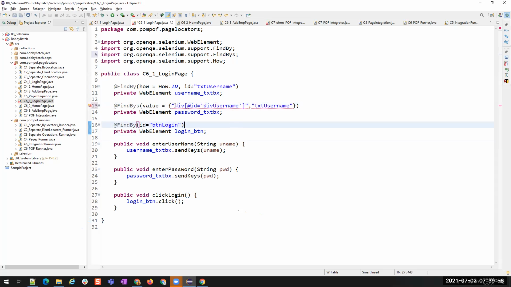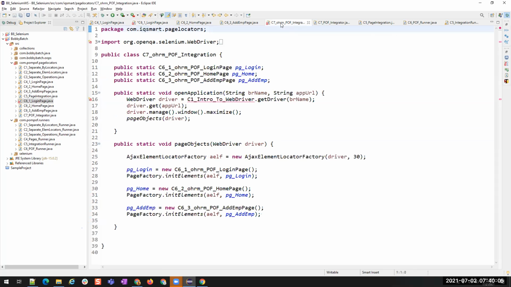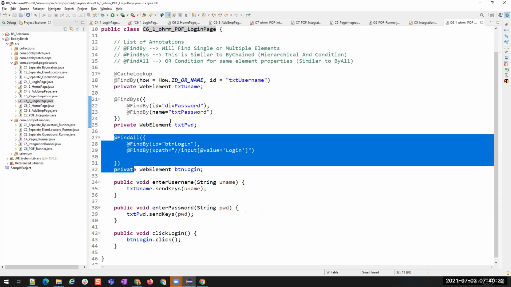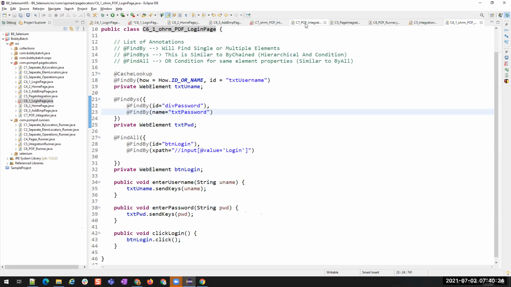It's not xpath, value is equals to. Check. Inside at the rate of FindBys, I have to use at the rate of FindBy. Sorry, I forgot the syntax, because generally we will not use this FindBys and FindAll.